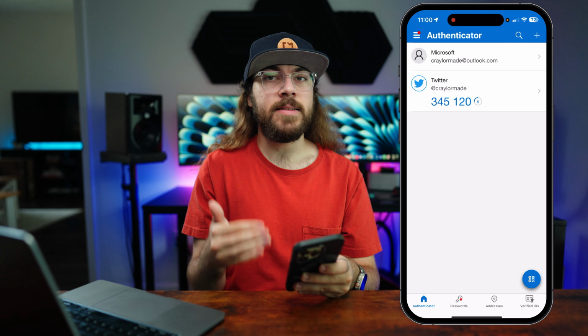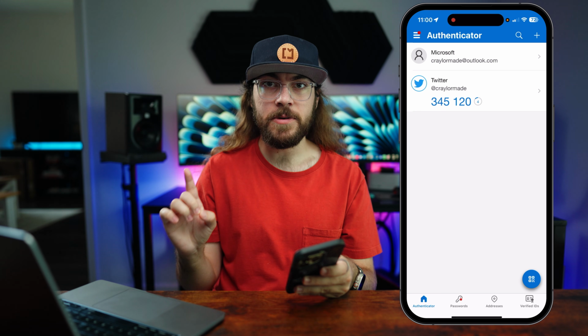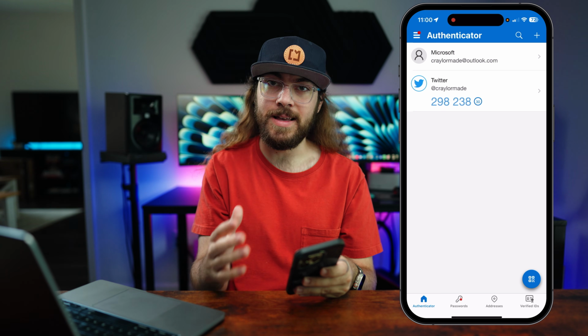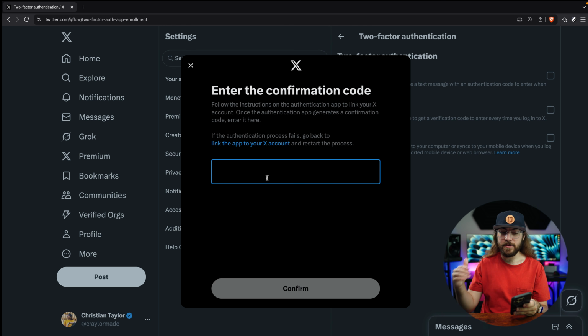Now, you may think the setup process is complete, but it's not. There is one more step you need to do on every website, so don't miss this. You can't just close the app and assume that it's done. You need to go back to the app or website and click Next and enter the 2FA code that's generated. So I'll just put in